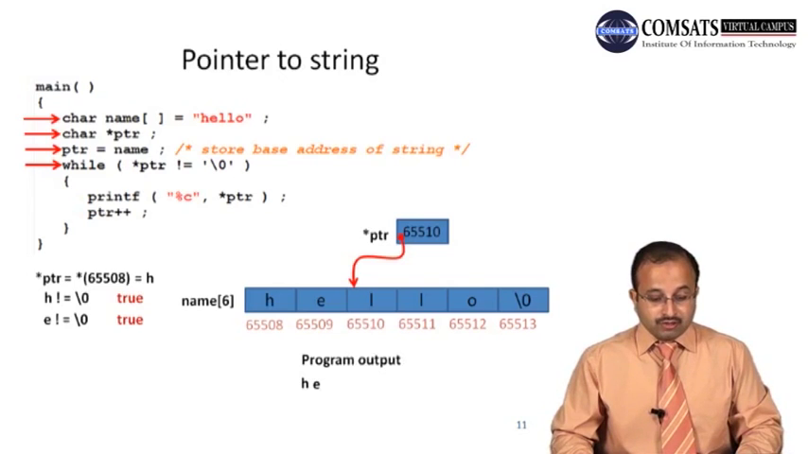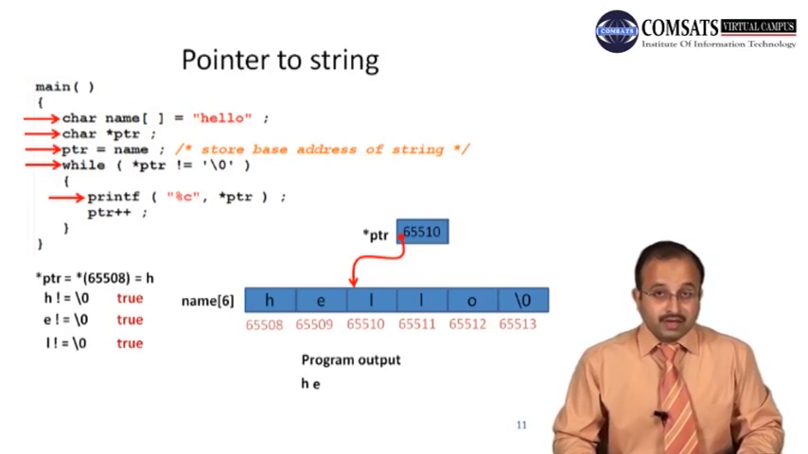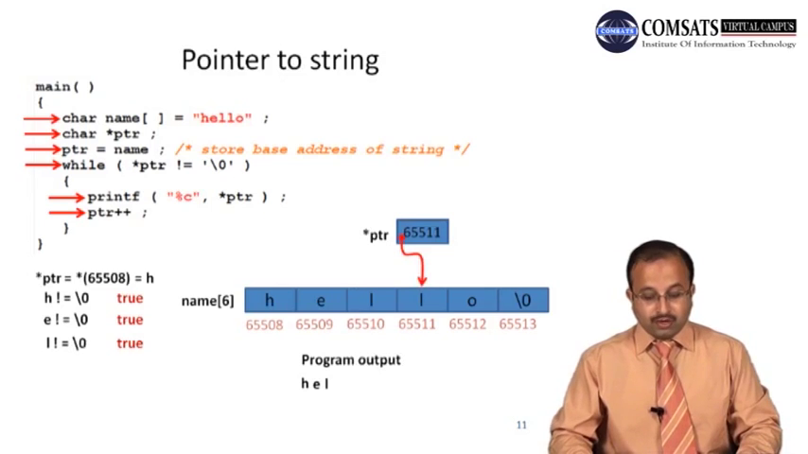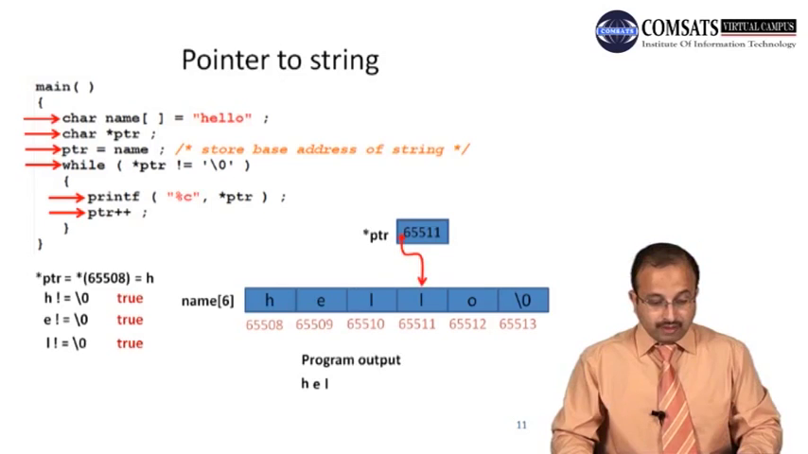The condition is static PTR is not equal to null, that is L not equal to null, condition is true. Then it executes the printf statement. It comes inside the while loop and executes the first statement, that is the printf statement, and in that printf we are going to print a character at static 65510. So that character is L. So L will be printed, then value of PTR will be incremented, it points to the next byte. So you can see in the figure, the value of PTR is incremented, now it points to the next byte. Then in the while loop,